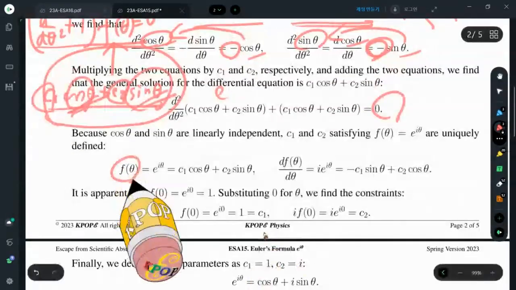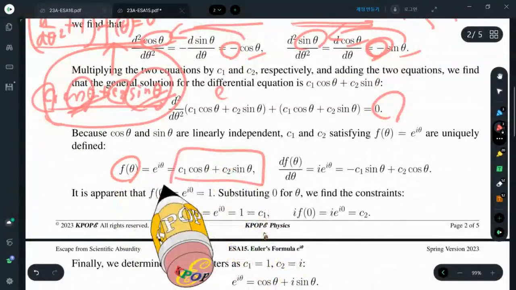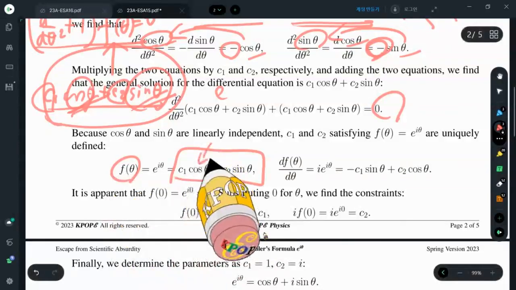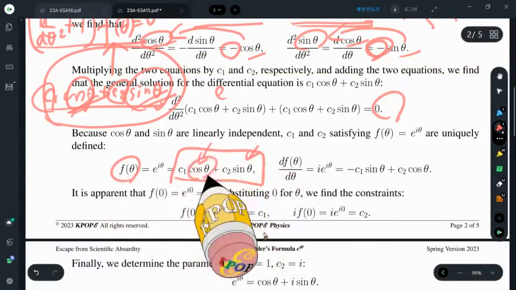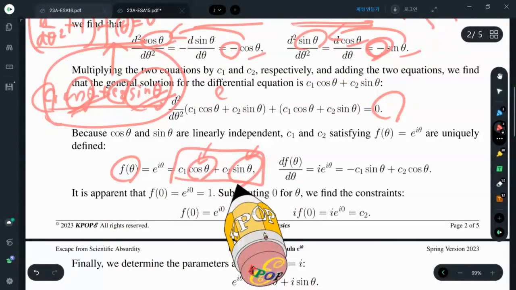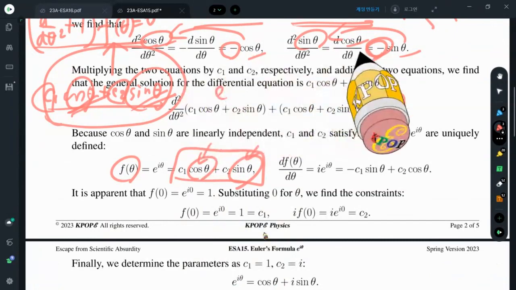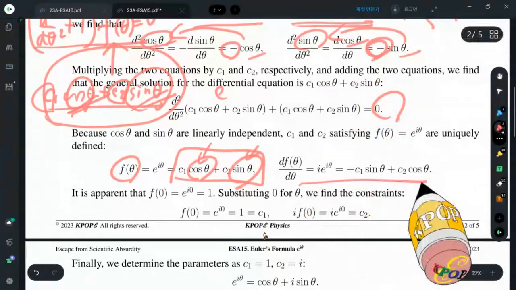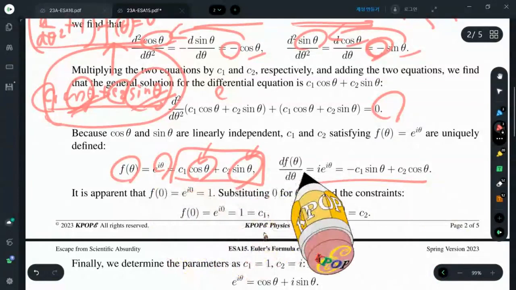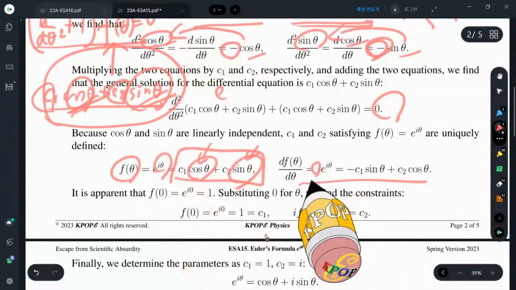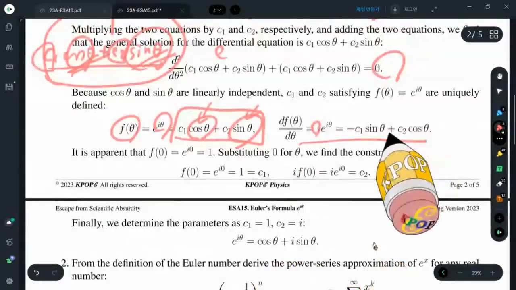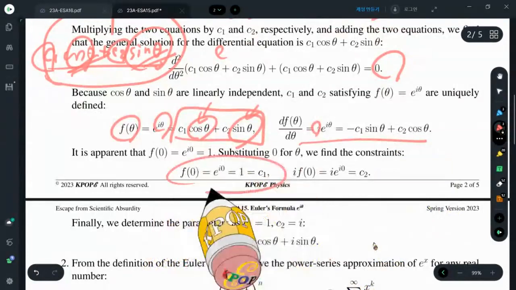Therefore, f of theta should be a linear combination of this. And then its derivative, as far as the sinusoidal functions are concerned, I know how to take the derivative. And I know the exponential's derivative is very simple. Using these two conditions, I can construct